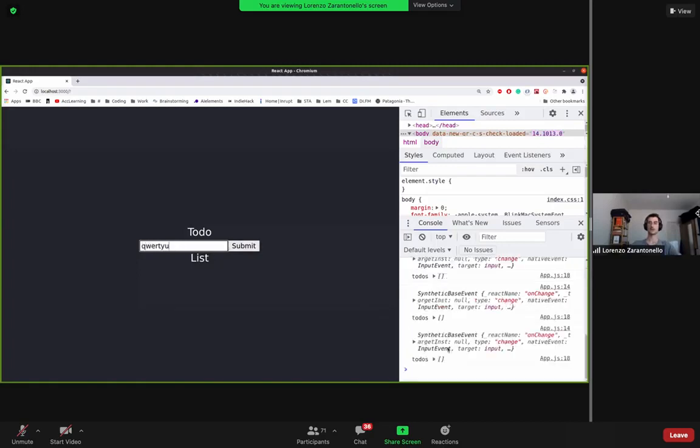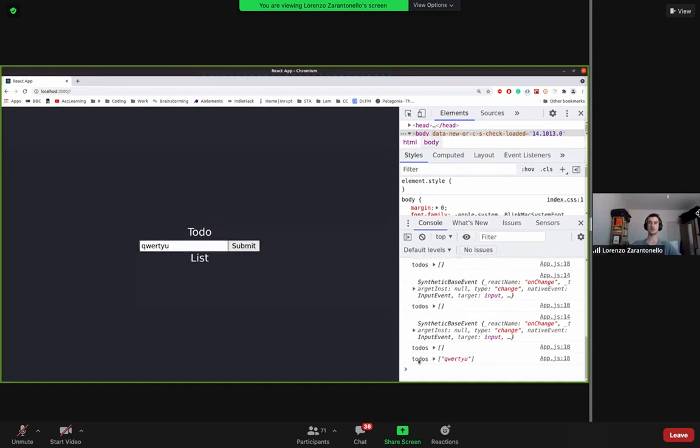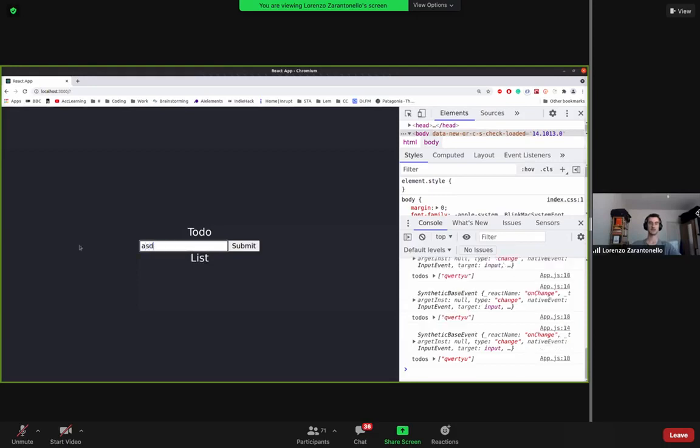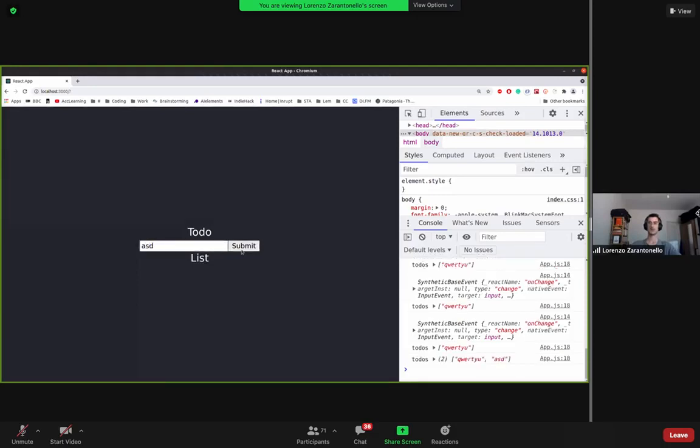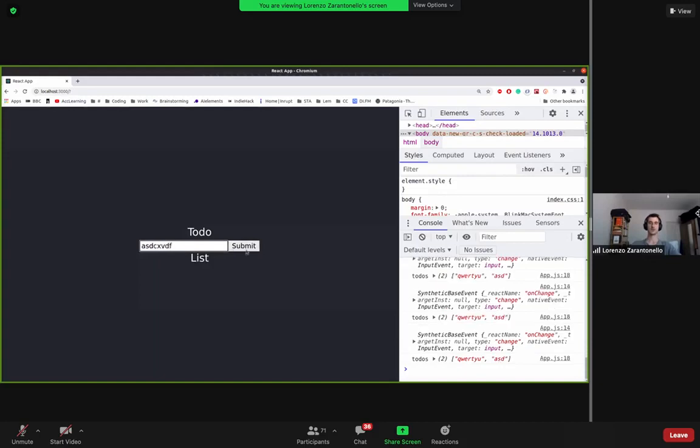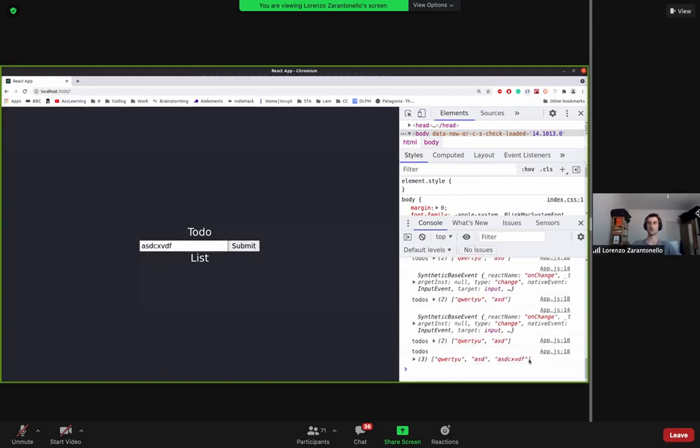So this is the text. We can see that as usual it prints everything. Now I'm going to submit it, and we see that in our to-do array we have a first string. Now I'm going to try something else. Submit again. Now we have an array with two elements and two different strings. Good, so it seems to work. That's interesting. Submit. Now we have three strings. Okay, this is good, but